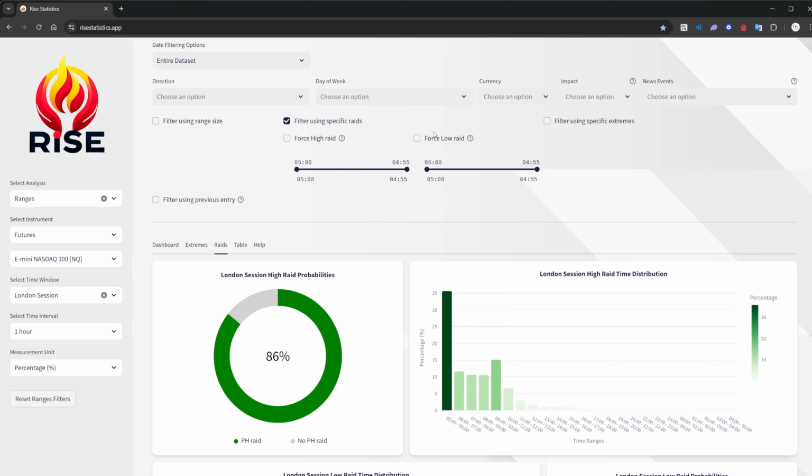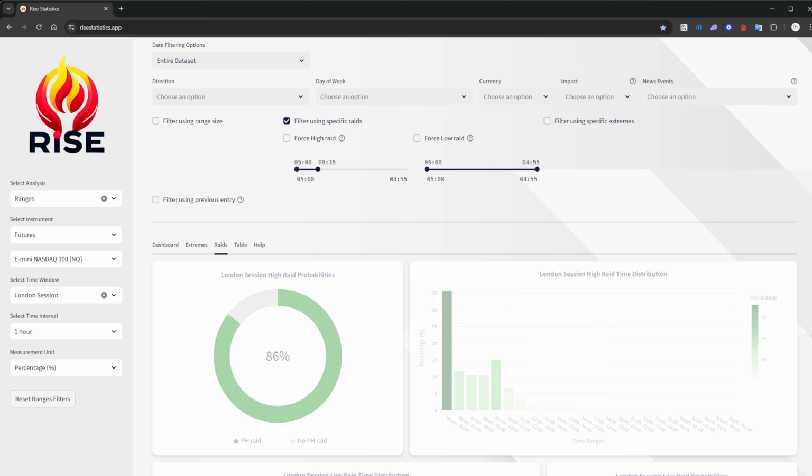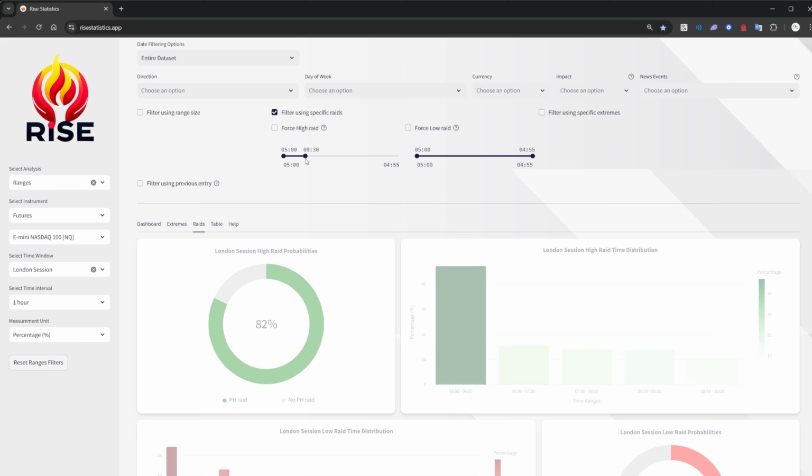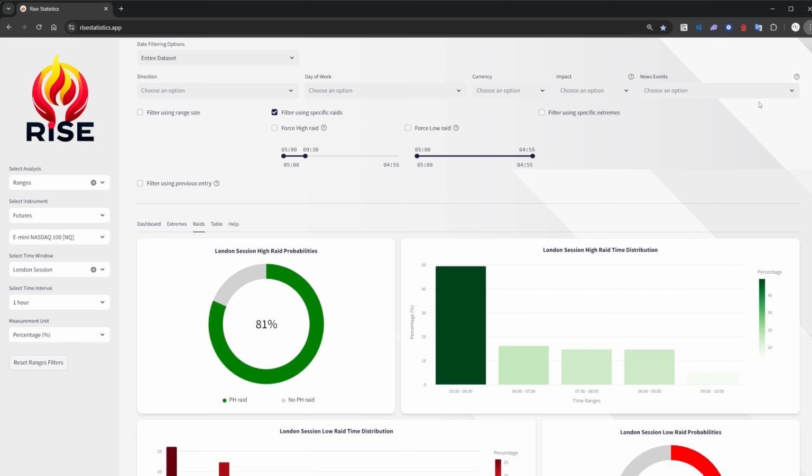So how do we make this happen on our chart? First of all, we have two things we see. We see our little sliders here to give us a time event. So what we're going to be focusing on is 5 to 9:30. I'm going to try and pinpoint it perfectly. See, 9:35. Whenever I share my screen, I try and keep a little bit of a smaller screen, so it's a little bit harder to be precise. So basically, if you guys are having a hard time with that, you have small screens or whatever, you can always go into your Google and change the zoom.